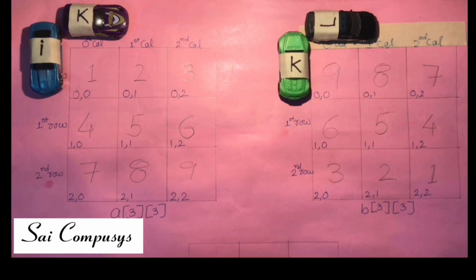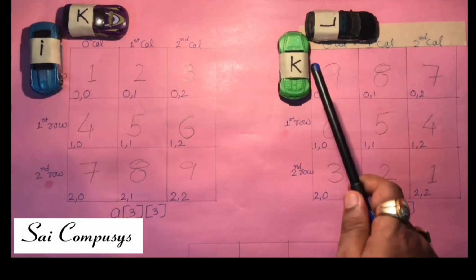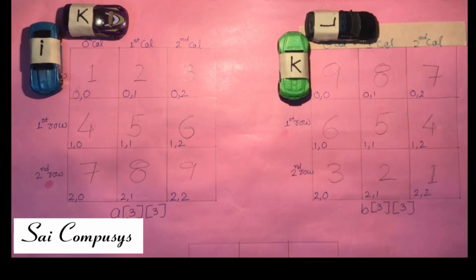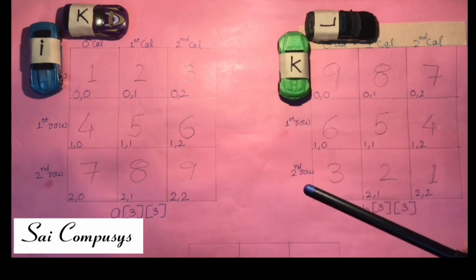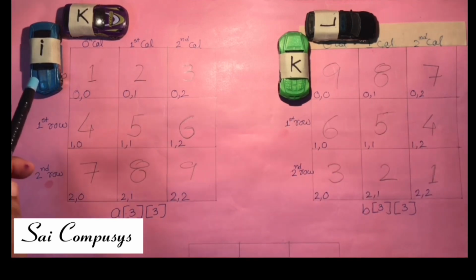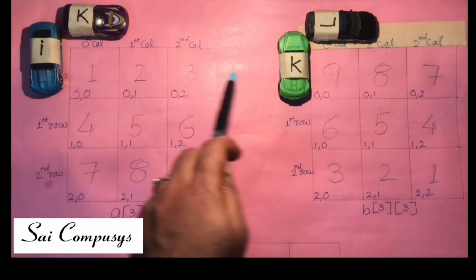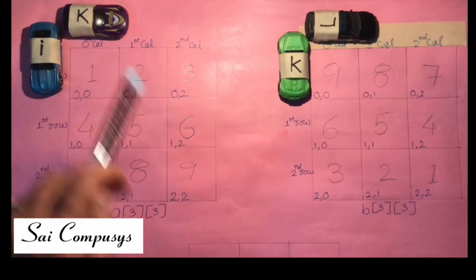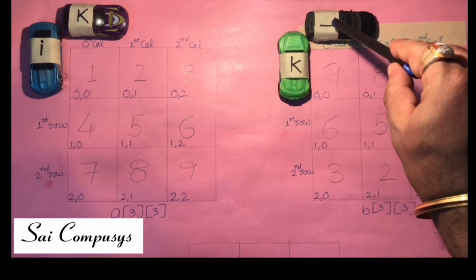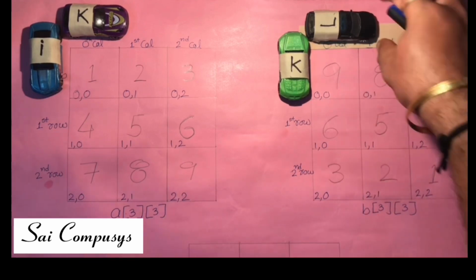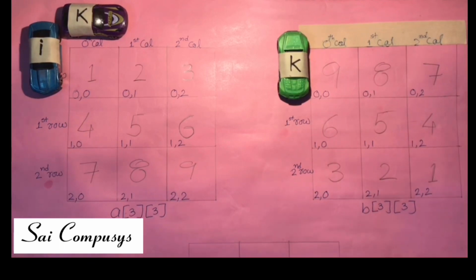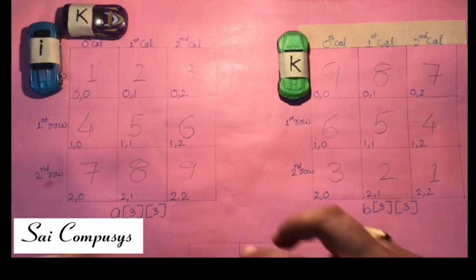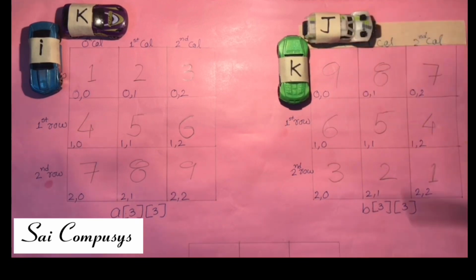So now matrix A in multiplication will be referred with position variables i k, and matrix B in multiplication will be referred with position variables k and l. Now you know the basics of multiplication. I just wish to show you how the execution of loops will take place. I wish to multiply the elements of the 0th row, that means my i will be placed on 0, with the elements of the 0th column, that means this common variable I will just replace by another one, that is j. It's your individual choice. I have taken j.